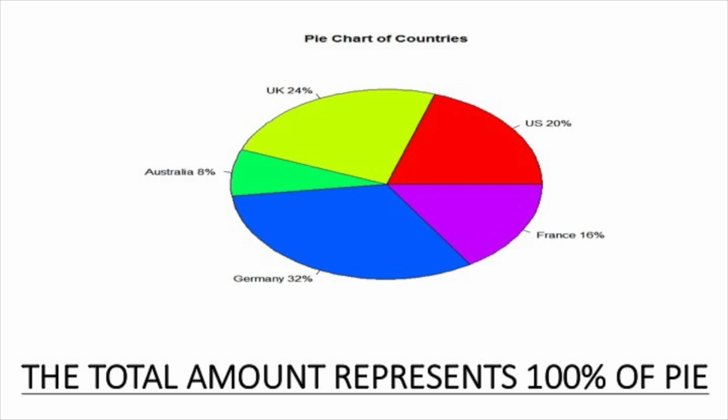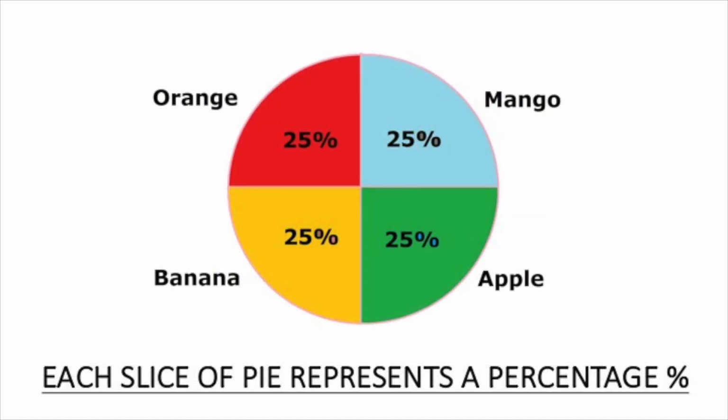Yes, you can see here, this is a pie chart of countries. What percentage is the UK? 24%. How about the US? 20%. France? 16%. I know the numbers are quite small. Germany? 32%. But if we take all the different percentages and add them up, how much will they add up to? 100% is always the total pie. Each slice of pie